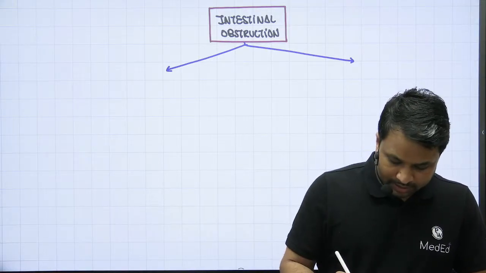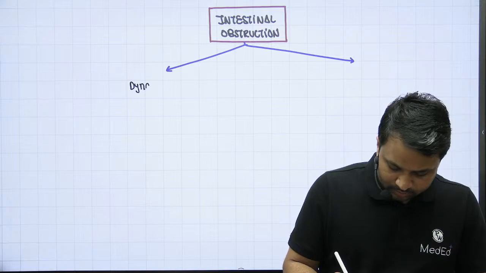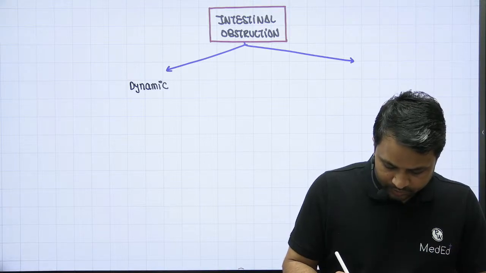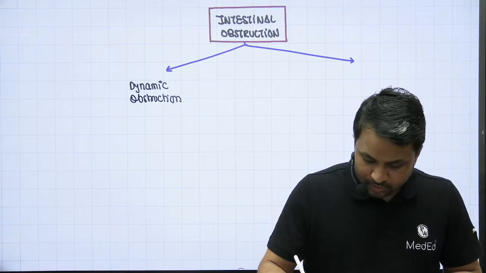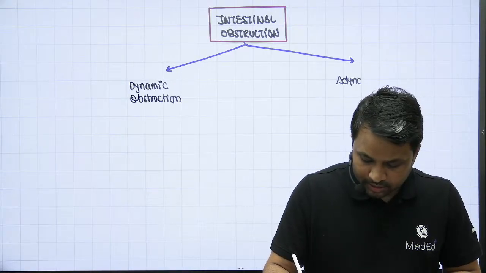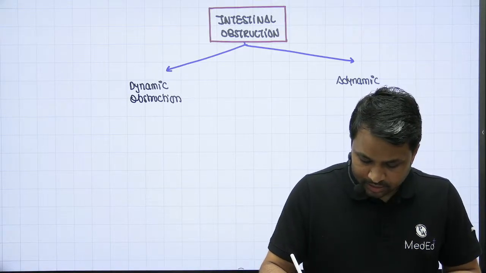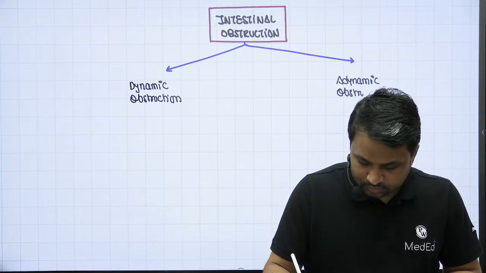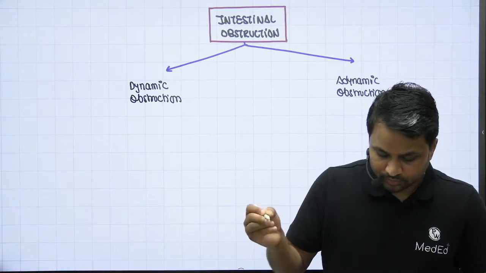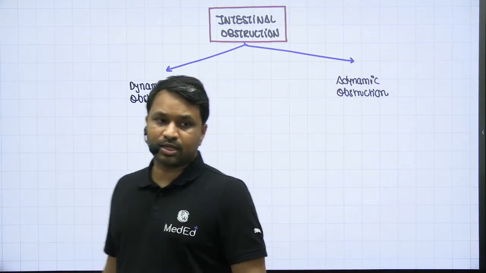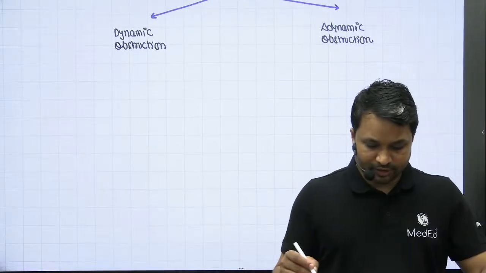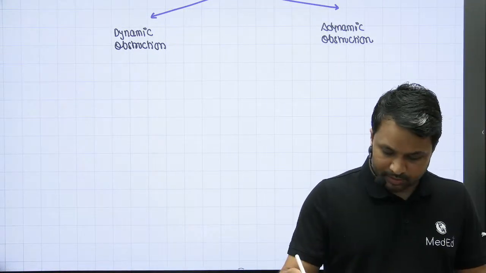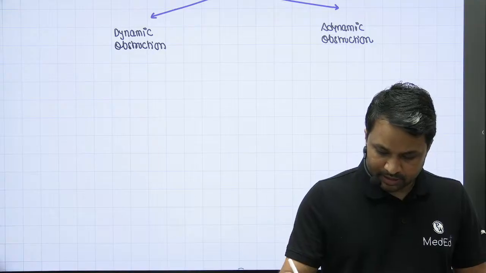One, we have a dynamic intestinal obstruction. Another one is an adynamic intestinal obstruction. So what is the basic difference between a dynamic and an adynamic intestinal obstruction? You take this as a